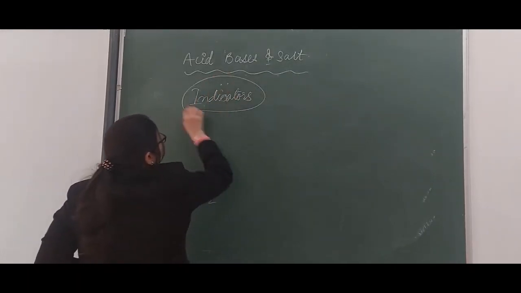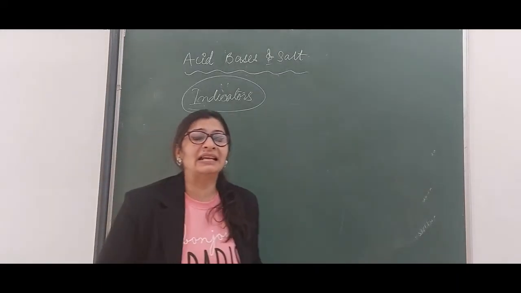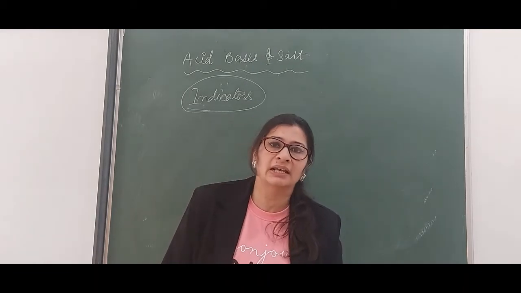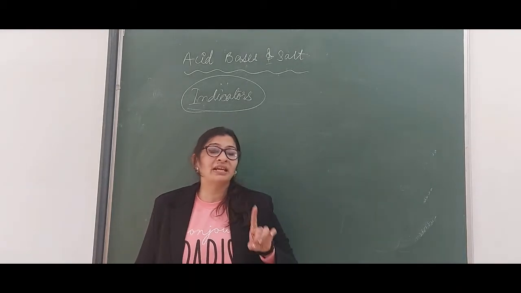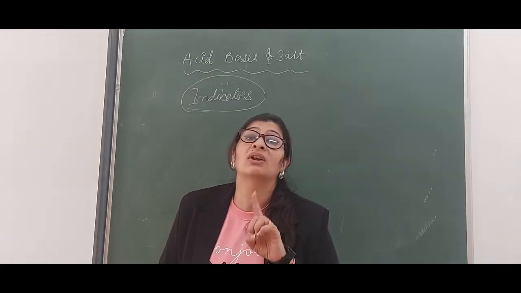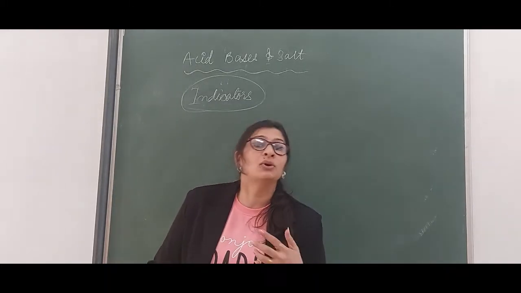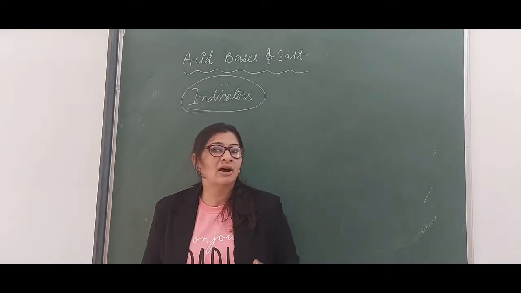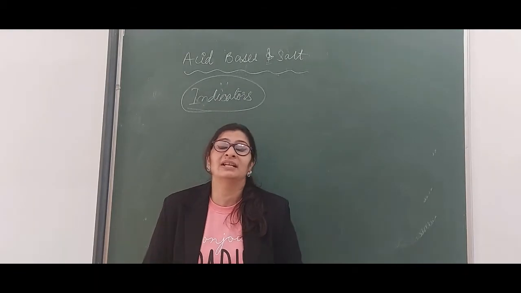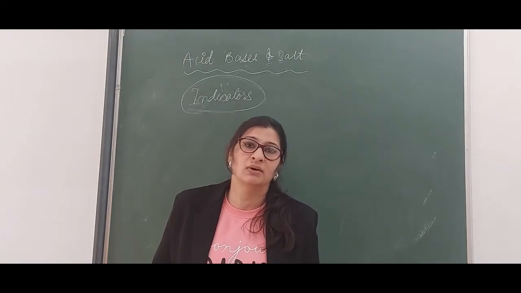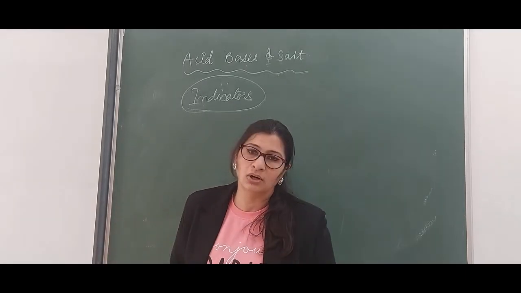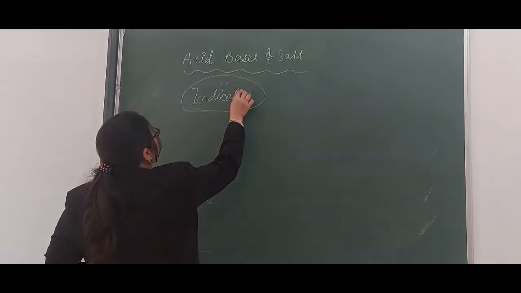Okay, indicators, and why we need indicators? Indicator means किसी चीज को चेक करना है, कुछ इंडिकेशन मिल जाए हमें किसी चीज को चेक करने के लिए, right? One thing in chemistry we always say is that you can cook in chemistry but you cannot lick the spoon. Means आपने कुक तो कर लिया है, आपके पास सब्सटेंस है, ऑब्जेक्ट है, but you cannot taste it, आप उसको टेस्ट नहीं कर सकते हो because it may be poisonous. So we cannot taste it, but we want to check whether the substance is acid, base or salt. So for that we need indicators.